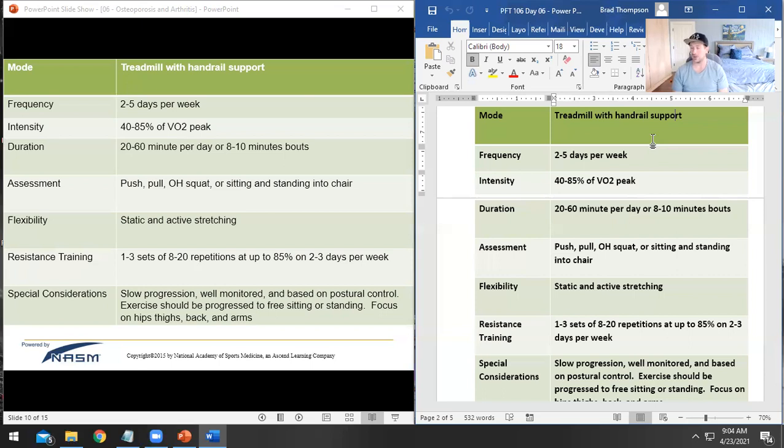Our duration is 20 to 60 minutes. If you can break that down to 8 to 10 minute bouts, if that's a little bit more manageable, you can. Our assessments, we are going to put a lot of emphasis on the pushing assessment, the pulling assessment, the overhead squat. And if they can't do the overhead squat, we'll do the sitting and standing into a chair, which is going to be a lot less pressure on those joints, but it still tells us a little bit about